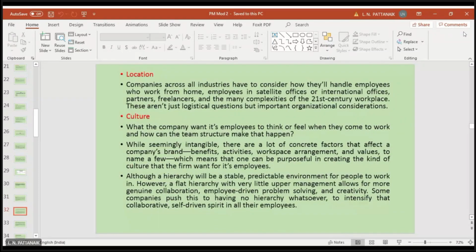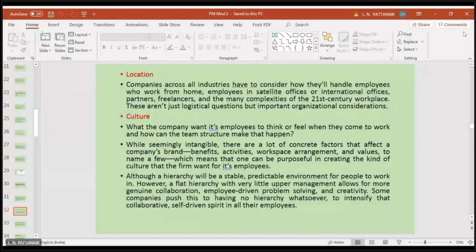location. Companies across all industries have to consider how they will handle employees who work from home, employees in satellite offices or international offices, partners, freelancers, and the many complexities of the 21st century workplace. These are not just logistical questions, but important organizational considerations. So what this point is talking about is multinational companies which have a presence in many countries. Many countries brings in different kinds of requirements and